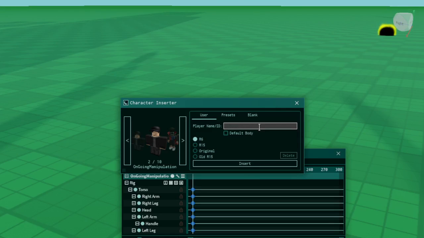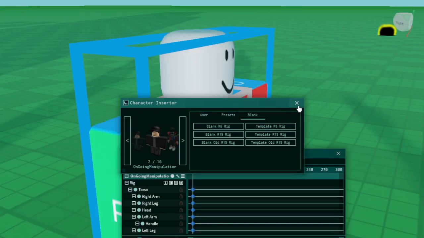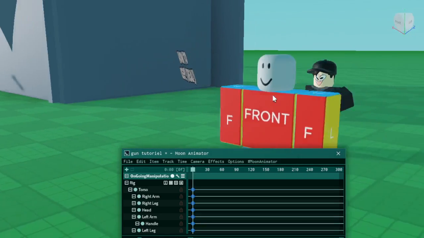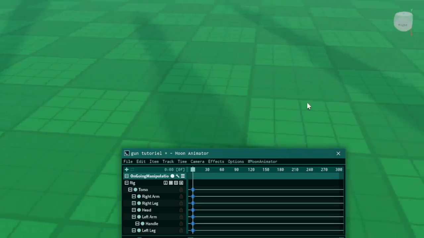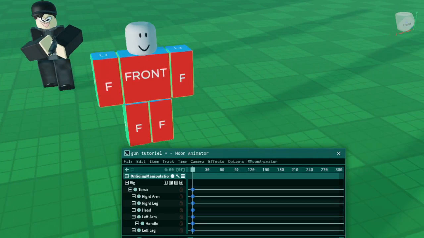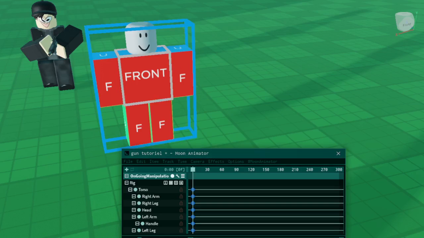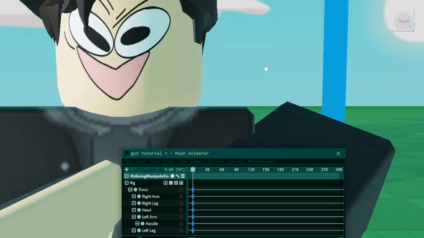But let's say we want to put in just a blank template. So template R6 rig. I don't do R15. Don't ask me about anything R15. So if this helps you see where everything is, like this is the front, this is the back, you can do this. But I don't ever use it. And then if we change this guy's face, we select him, we go in his head, and we change this, you're gonna see it's very pixelated compared to this guy